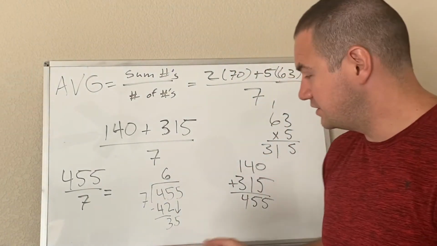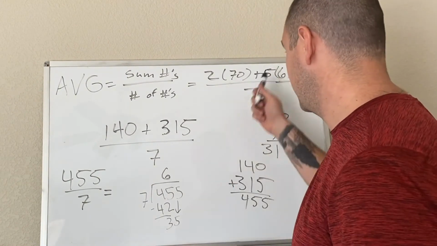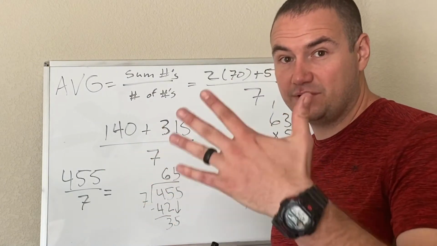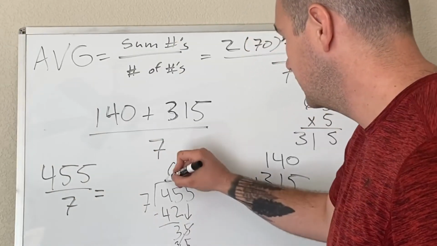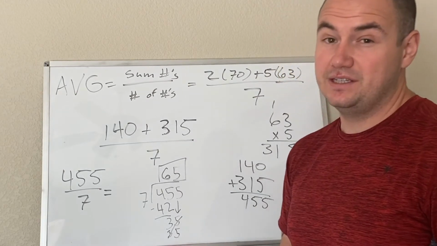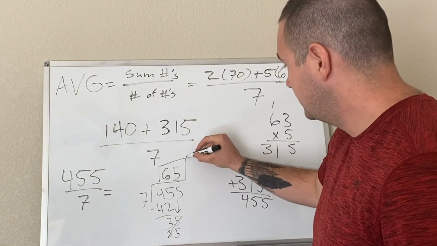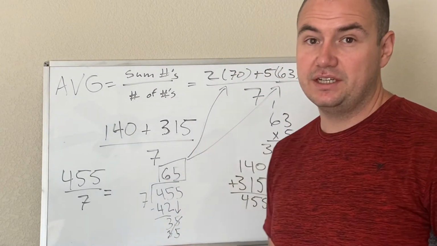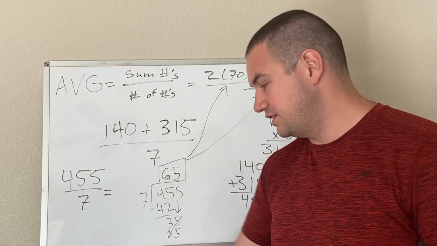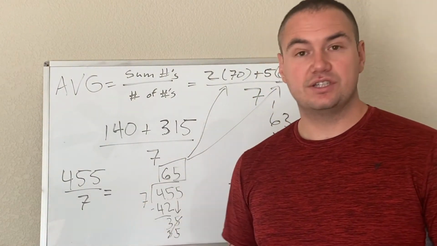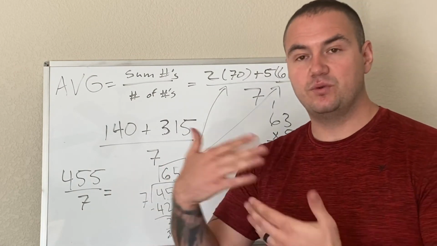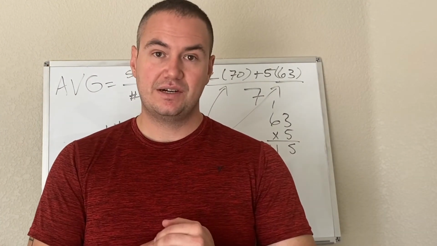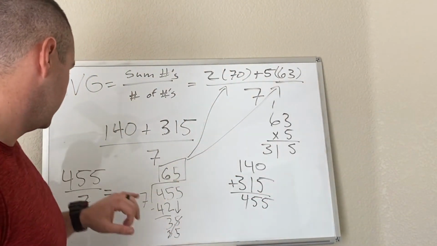Now, how many times does 7 fit into 35? Well, that's too easy. Back to our 5 times tables. We love those. 7 times 5 is 35. 5, 10, 15, 20, 25, 30, 35. So that cancels. Your average number is going to be 65. If we look back, like I said in the beginning, is 65 closer to 70 or 63? Well, 65 is just 2 away from 63, and it's actually 5 away from 70. So just like I said in the beginning, it's going to be closer to whatever's more common. That's what average is. Average is finding the most common answer. The answer to this question is going to be